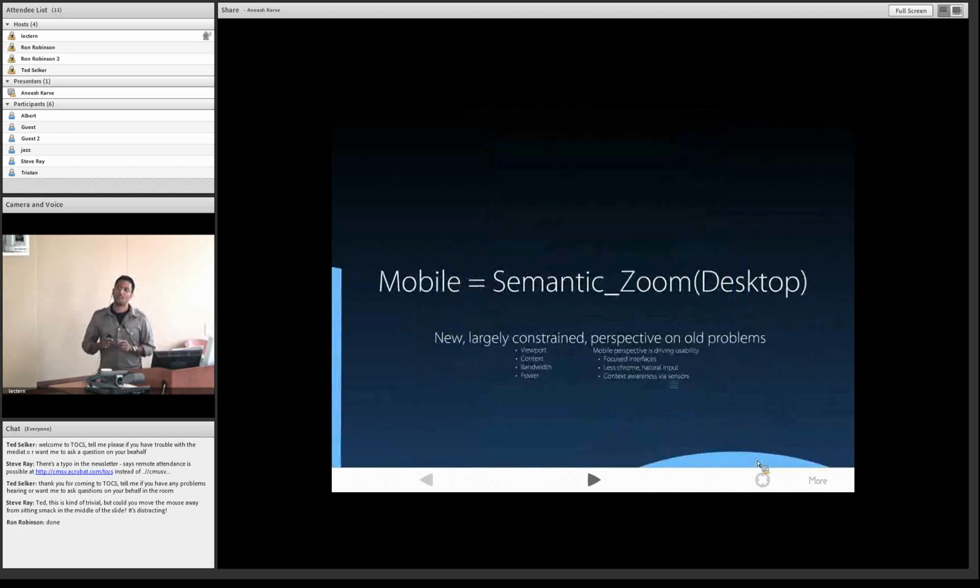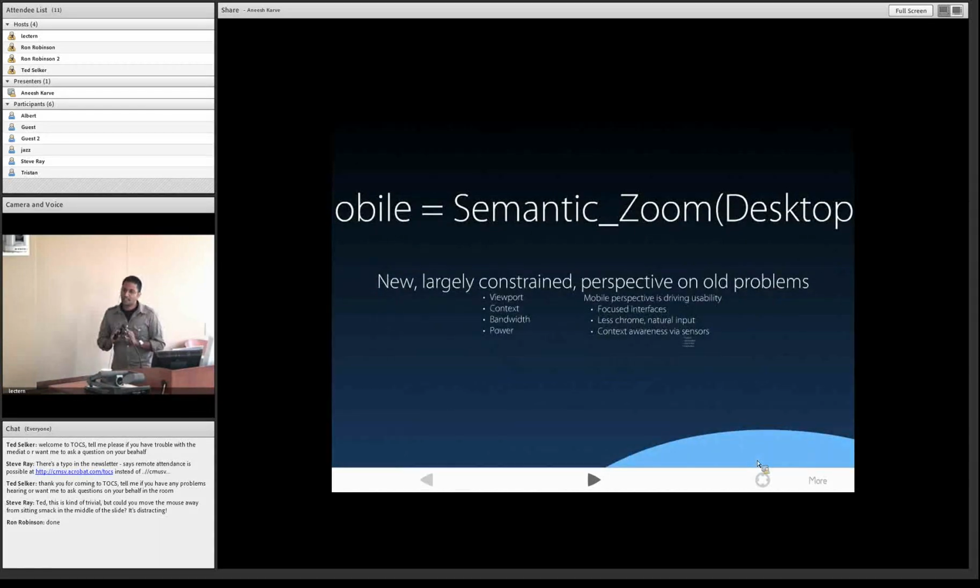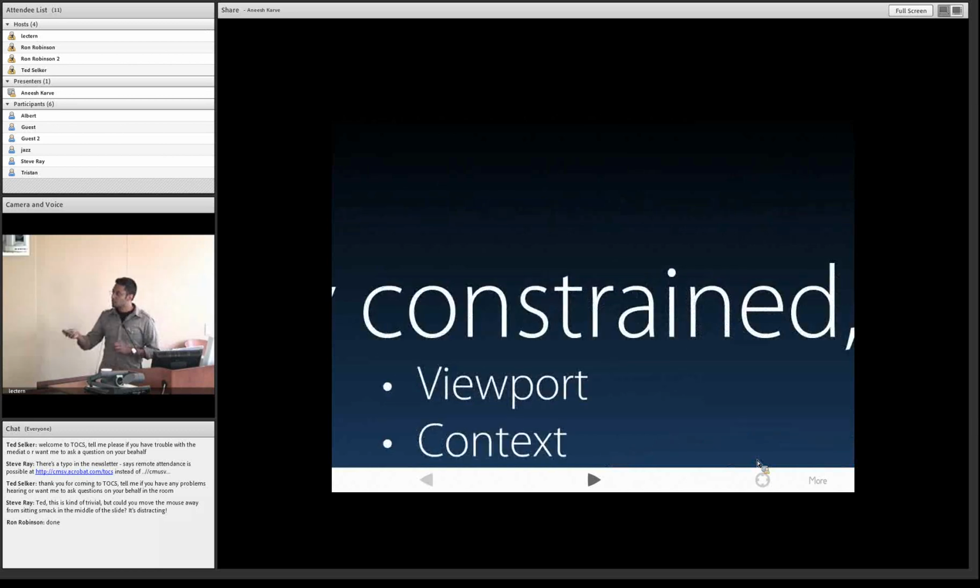So the way to think about this is that the same topic, the same content that we had on the desktop, has now been retargeted to a smaller viewport. And we can start to think of mobile as being a semantic zoom, a focus on the elements that are important that we were also dealing with on the desktop. The way I'd like to phrase that is that it really has nothing to do with mobile per se. It's about having a new and constrained perspective on old problems. And in terms of constraint, we've talked very clearly about the small viewport, but I want to talk about what I think are some of the other forces that motivate the enhanced design effects that we're getting on mobile.